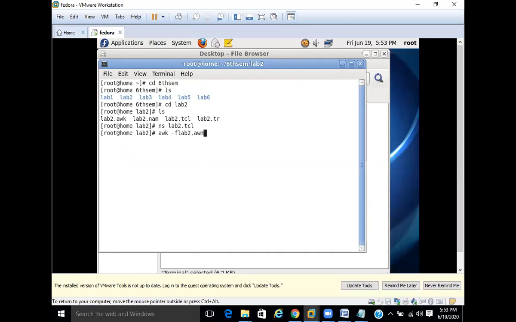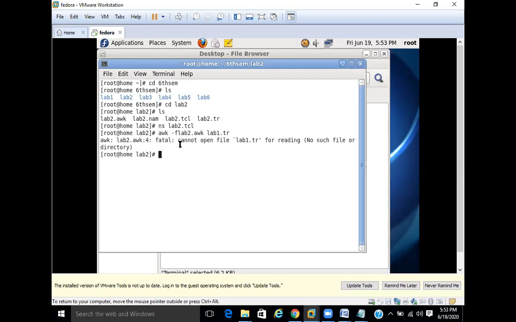You need to relate this awk script with your trace file, then only you will get the number of packets dropped. Whatever trace file name you have given in the program, that file name only you need to type here. But here we are getting a fatal error. Once again we have to look into why it is coming.